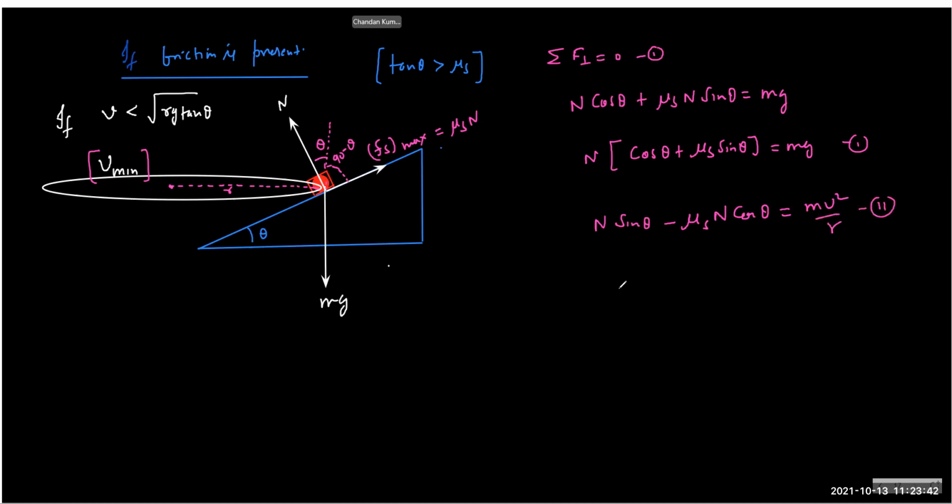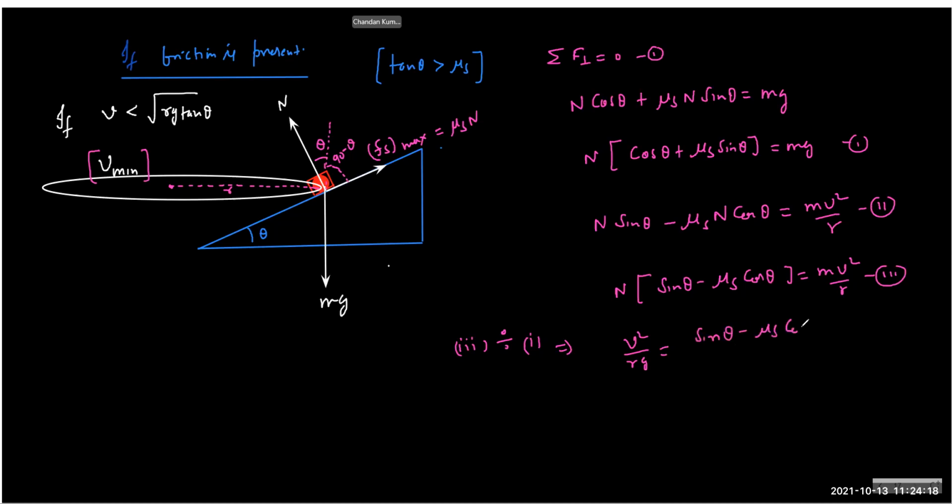So I can write again, taking N common, N (sin theta minus mu_s cos theta) equals m v square by r. And because we have the N formula two times, in equation 1 and 3, we just divide. So 3 divided by 1 and we'll get the answer. This will give you v square by Rg equals, just switching the sides, (sin theta minus mu_s cos theta) upon